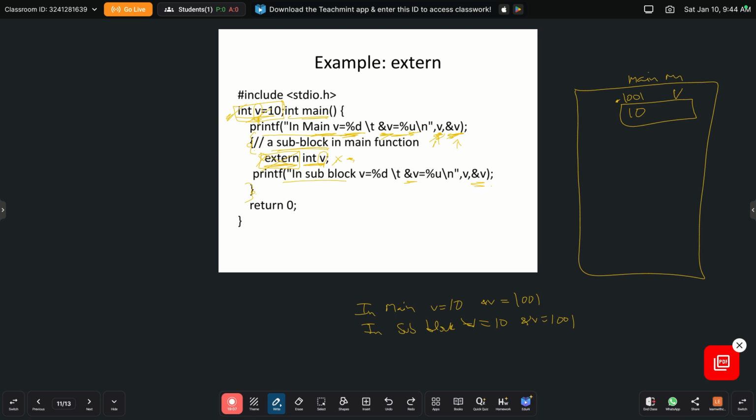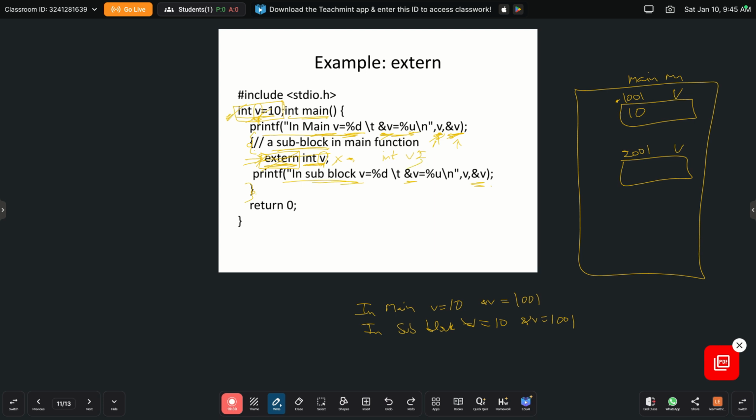Okay. Now what if you don't use this extern keyword in this same program? I'm explaining the same code, except instead of extern I didn't mention any storage class. I am rewriting here: int v. Now what is the meaning of this? Here it will be treated as auto, and again memory is going to be allocated for v. Let it be 2001. Because it is auto and we have not initialized it with any value,